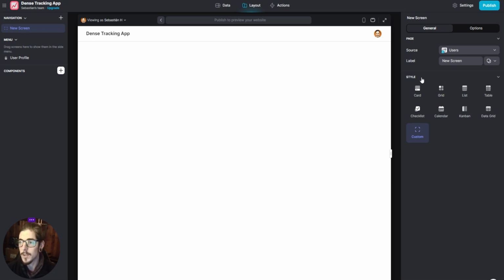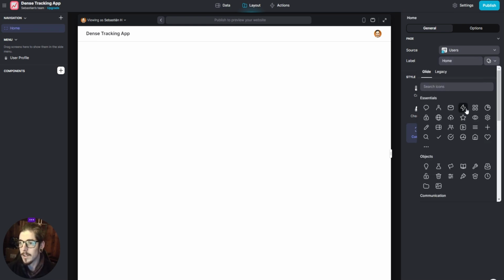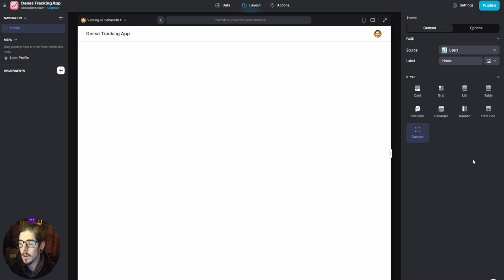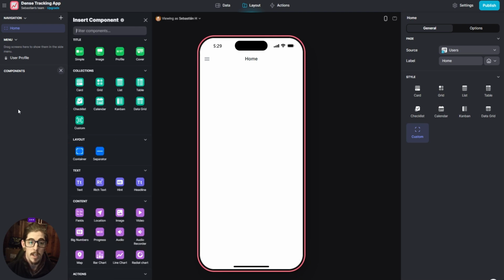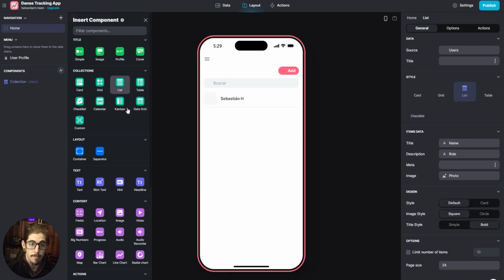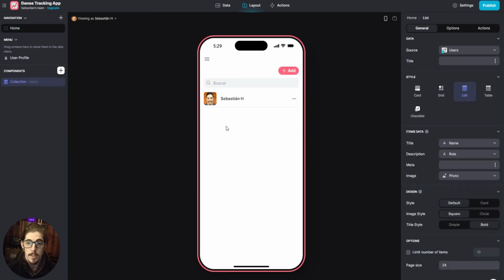So in this case, let's say this new screen, let's call it home screen. Let's change the icon, give it a nice home, and then the source of this, what data do we want it to show? Well, this is going to be a user home page. So what we want it to show is the user data. Now, do we want it to show everybody's data? If, for example, I go here and I decide I want a list, this is now showing,